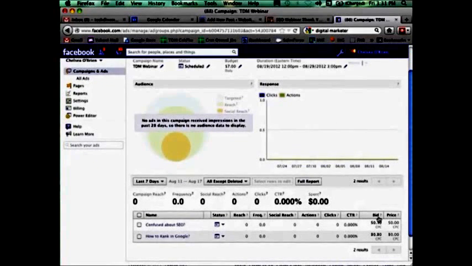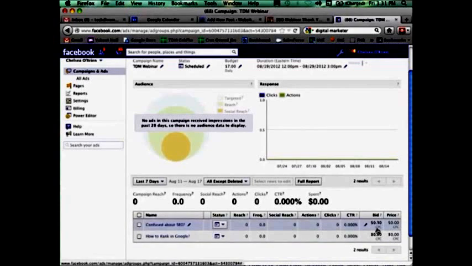Now when you set up an ad in Facebook, they're going to give you a recommended bid, cost per click for your ad, and it's going to be something like $1.85 to $3.60 or something like that. They're going to tell you something that's like double or triple what you really need to set your bid at. So you don't need to set it at that price. You can set your cost per click at 40 cents, 50 cents, 30 cents, 80 cents, whatever. The higher the price per click, the higher or more prominently placed your ad will be.